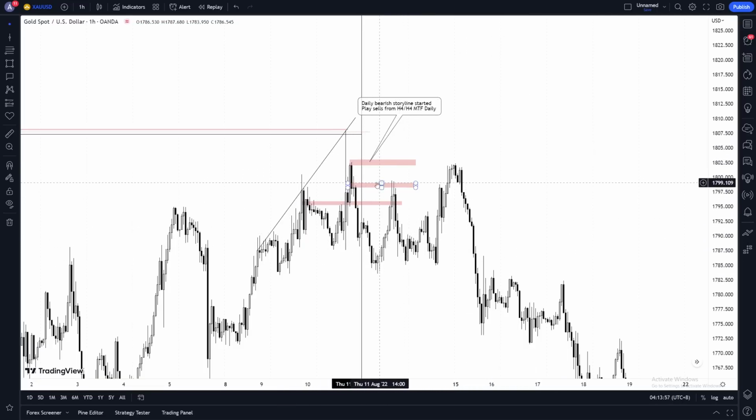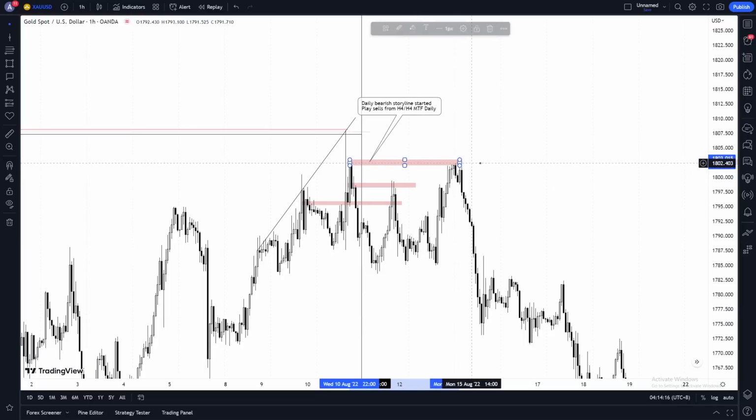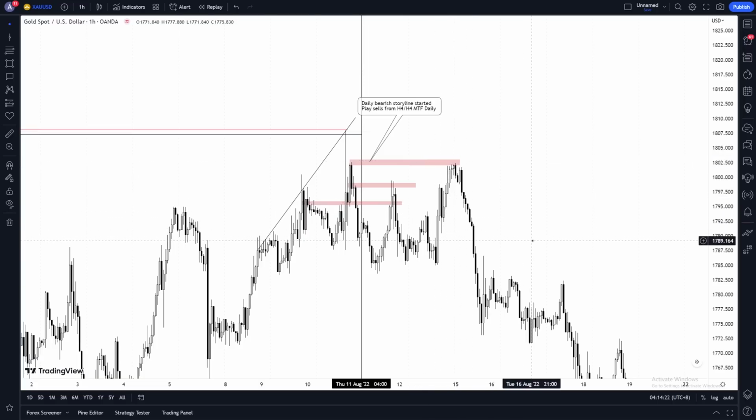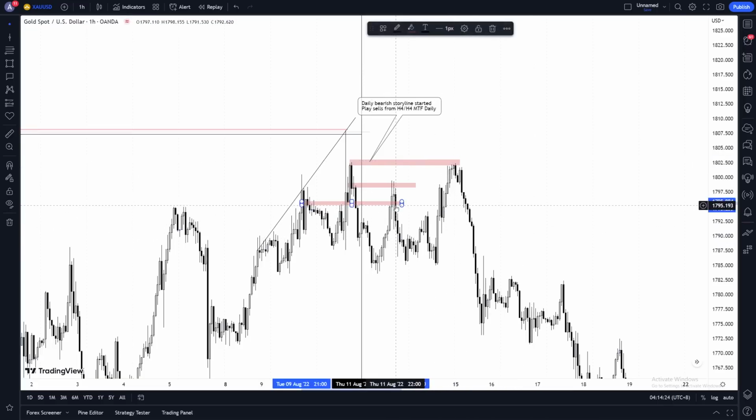I know that if price touched both of these zones and it didn't exactly deliver, I would be risk-free in here, and let's assume that I took a sell here, I would have taken a loss, right? So I would be risk-free in this because it's more than 50, 70 pips. But if price were to not deliver, which it didn't deliver here, and come back up and touch this zone and then go off, I would be feeling really bad. You know, I'd be like, oh man, I missed the trade. Okay, so this is what I did.